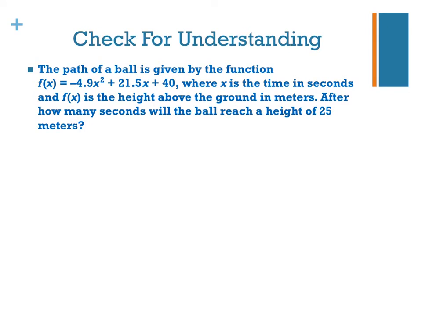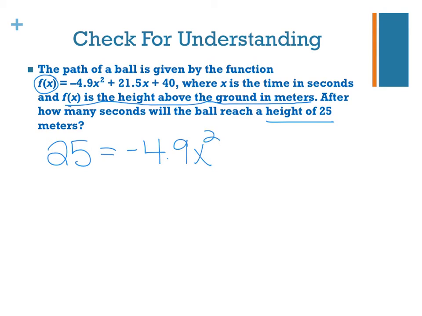Alright, so we're going to go ahead and solve this polynomial equation together. First of all, we know that the y-coordinate they give us, the height, is 25 meters. So I'm going to substitute that for f of x, because f of x, again, is the height above the ground in meters. So I'm going to substitute 25 for f of x, which is equal to -4.9x squared